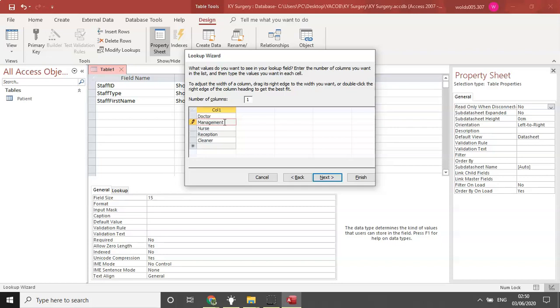Okay, so we have nurse, doctor, let's think if there is anything else we need. It looks like doctor, management, nurse, reception, cleaner,